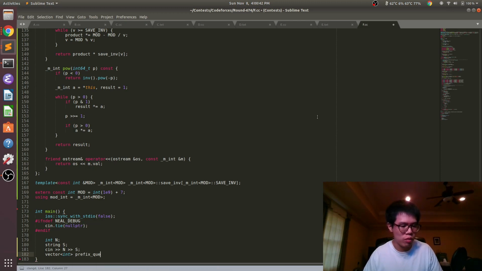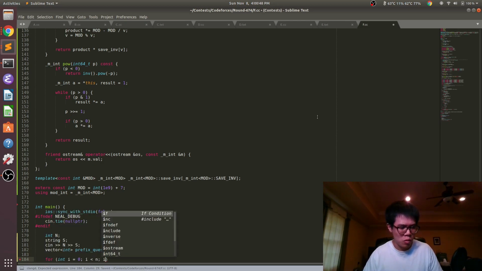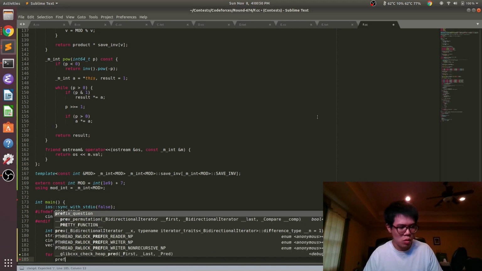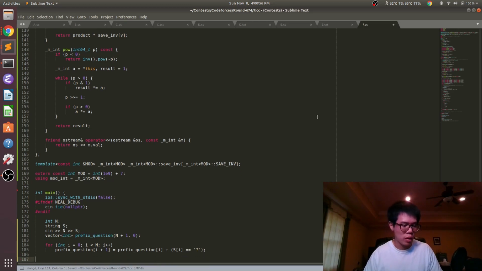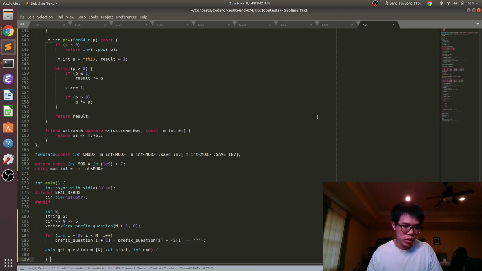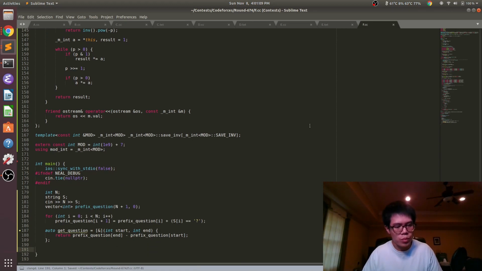So we'll do prefix questions as an array, and then if we want to get question marks for any subarray from start to end, or substring, we'll just do this. And that takes care of that.